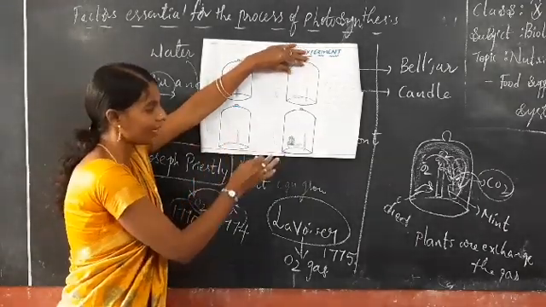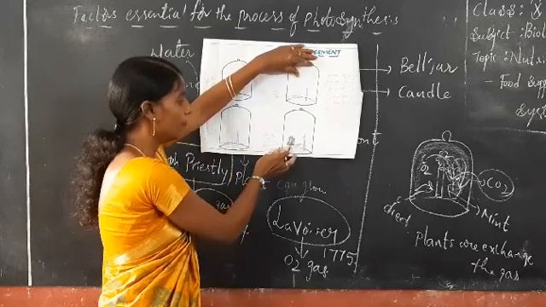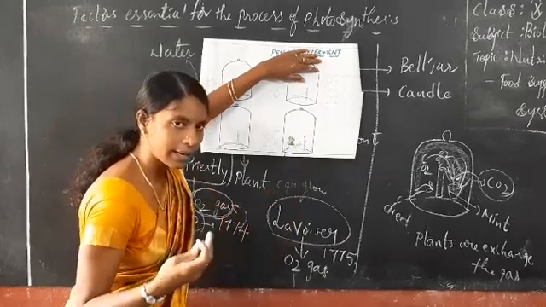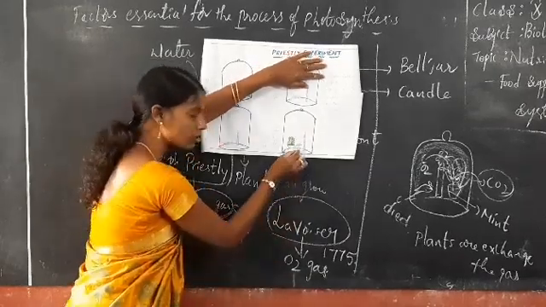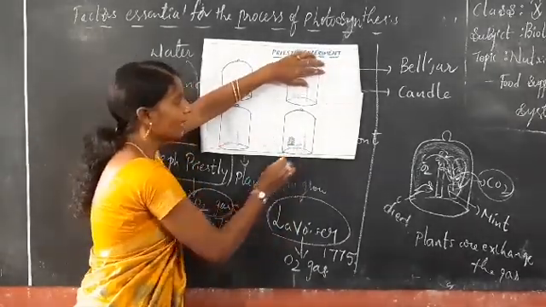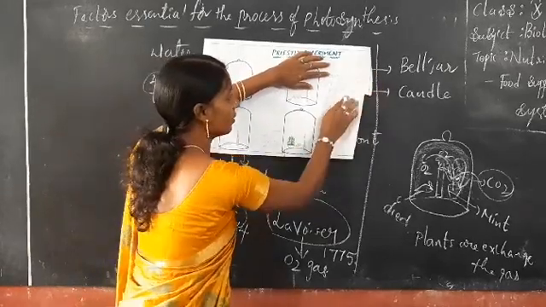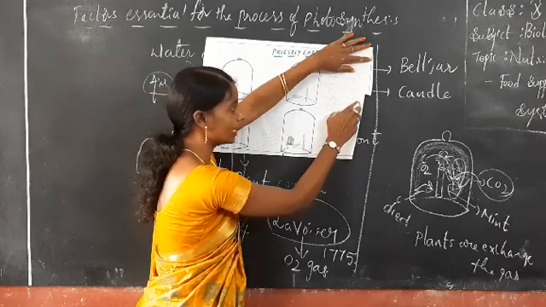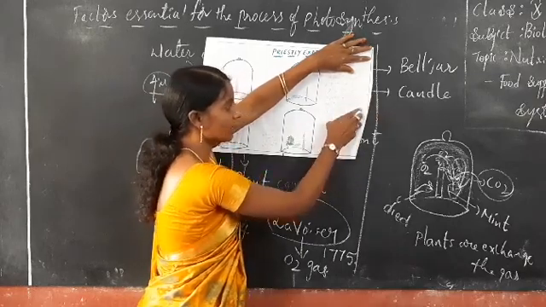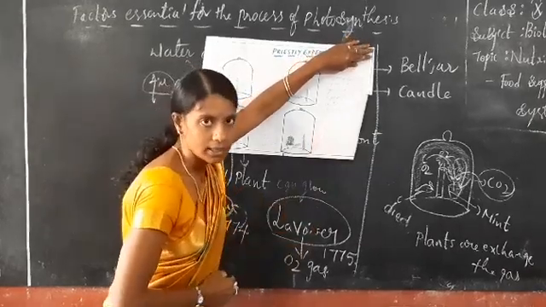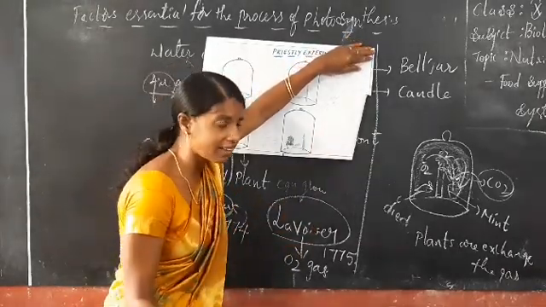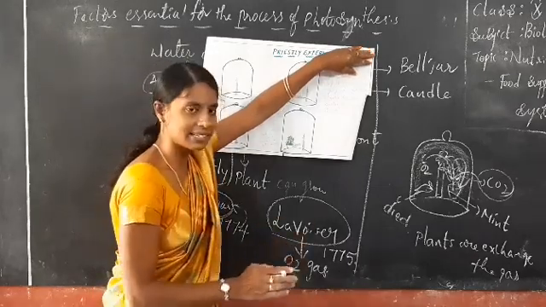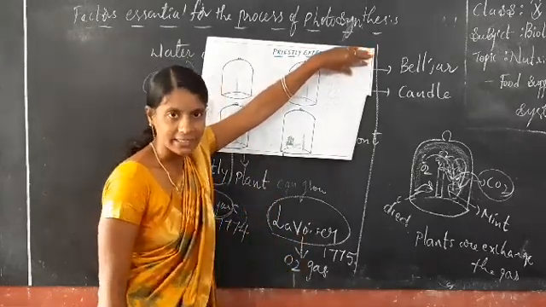Clear, all of you? Finally, he inserted a mint plant. Here, are both surviving or not? The candle is also giving light, and the rat is also surviving. That's why gas exchange is going on, and plants are giving out a gas that supports burning and was essential for the survival of animals. So who is exchanging the gases here? Plants are exchanging the gases. Which plant is inserted? Mint plant is inserted. Clear, all of you?